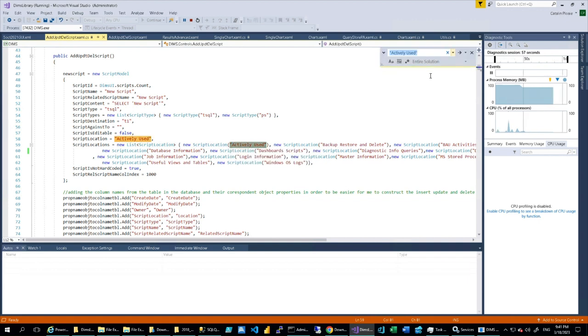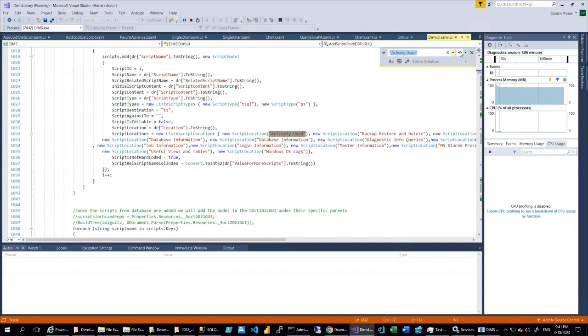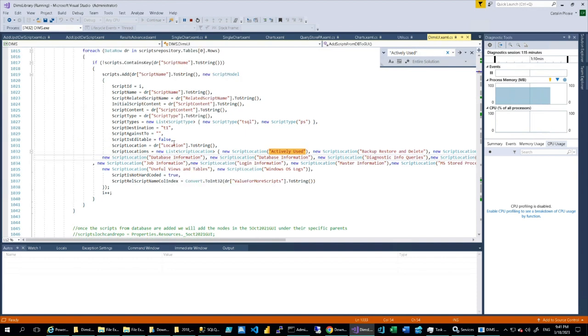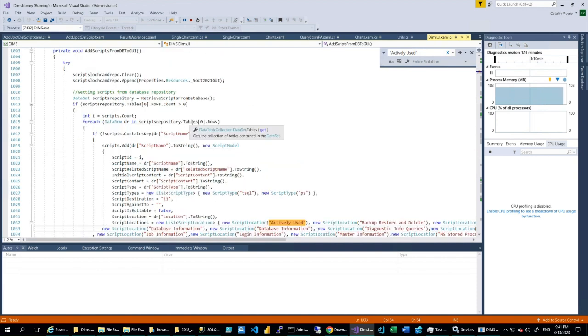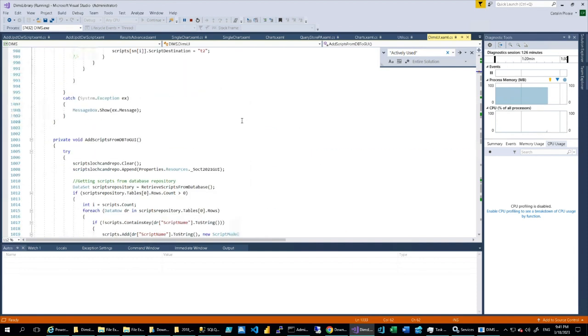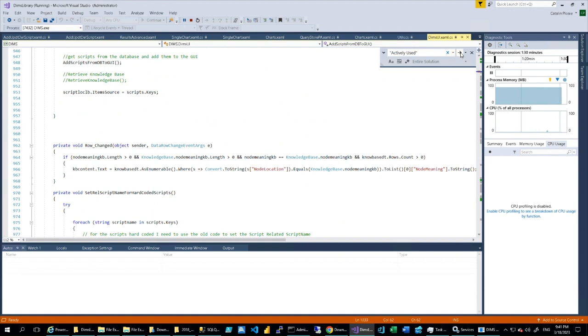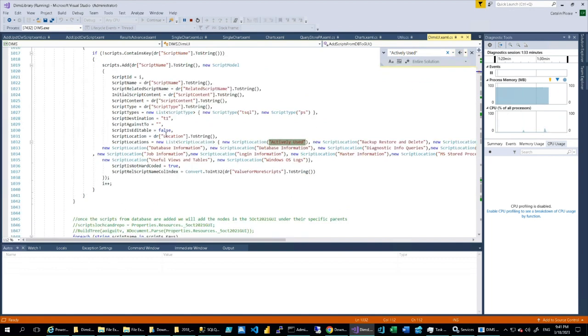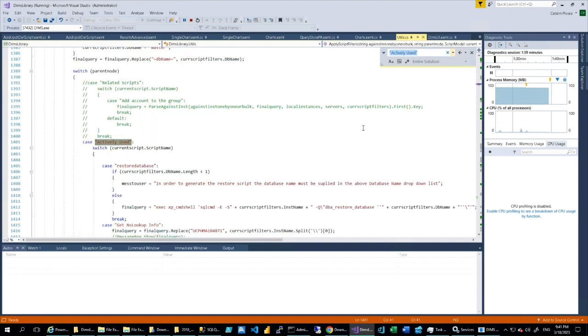Control C, Control F. Next script location actively used. Okay. New script model. Database information. I have it here. So for each script repository rows, this is the place where I have this mistake. So let's go back. Find previously replace, and I have for backward. Find the